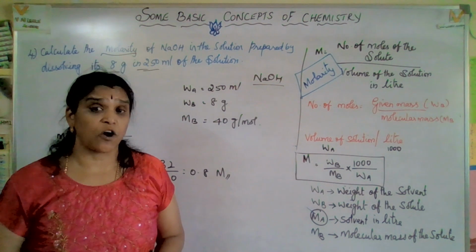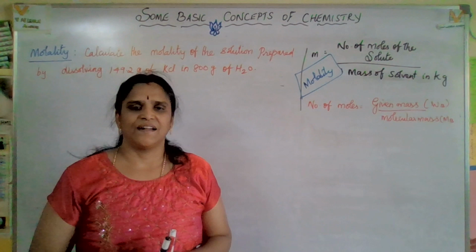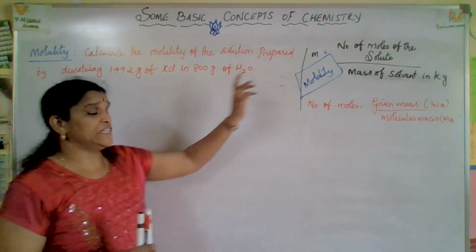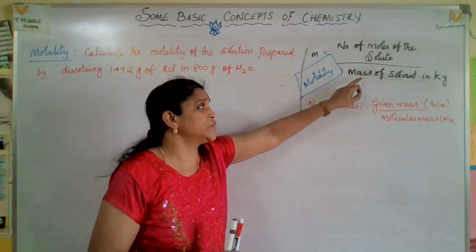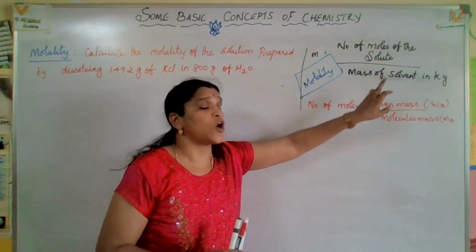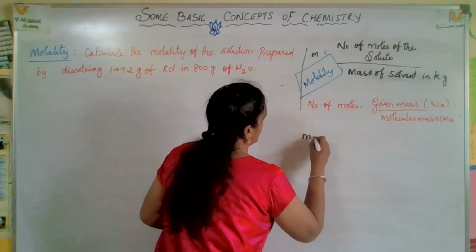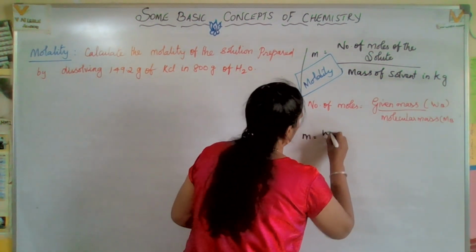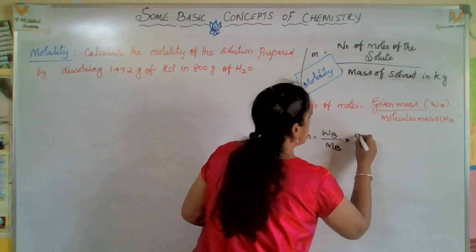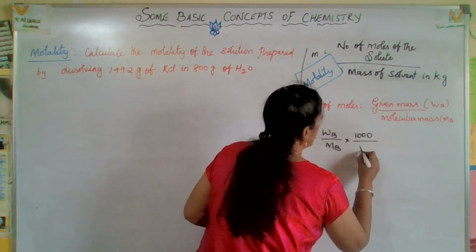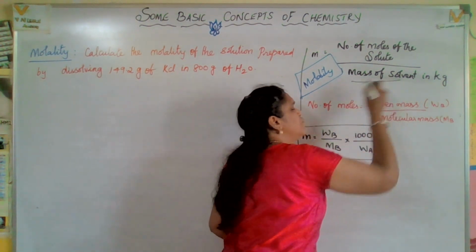Now let us go and solve molality related problems. Now the question from molality. So what is molality? Small m is how it is denoted. Small m is equal to number of moles of solute divided by mass of the solvent in kg. The same idea only. Small m equal to WB by MB into 1000, that is 1 kg, 1000 by WA. The same idea only. The only thing here is that the mass of the solvent will vary.